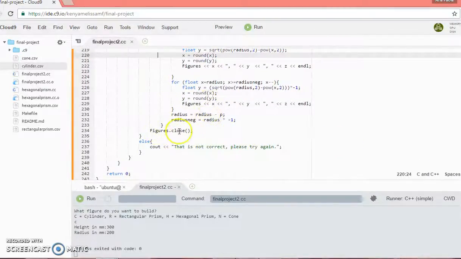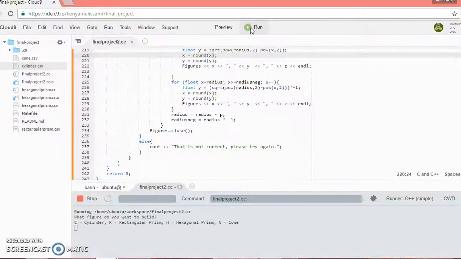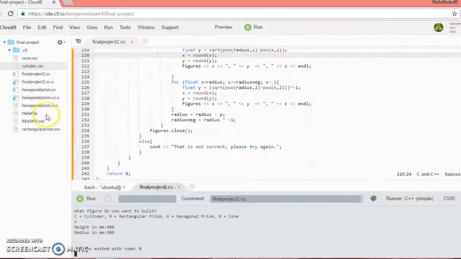And we close the figure, so we save the file, and okay, we're gonna run it. Okay, so here we have the cone. We enter the values, and then this generates the file here, the cone. And if we open it,